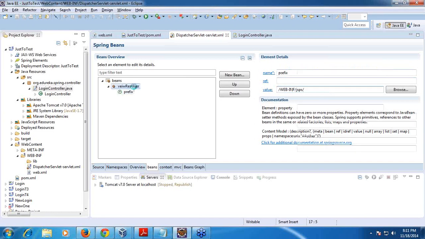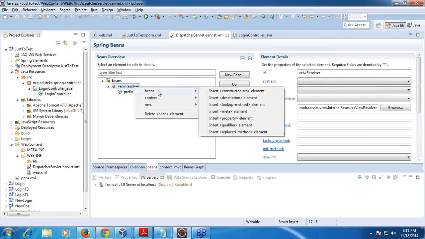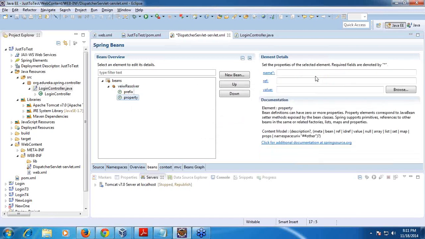Now again on the view resolver I need to give the suffix also. So now insert this and then say name suffix. And what are the files? Now they are all JSP files. We are using the internal resource view resolver for JSPs. So now .jsp.